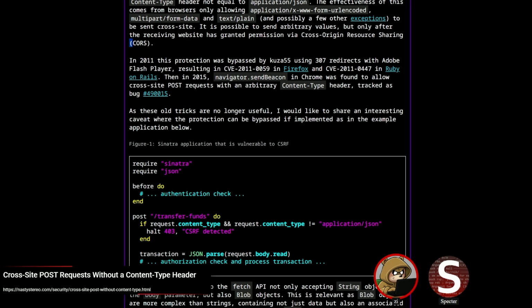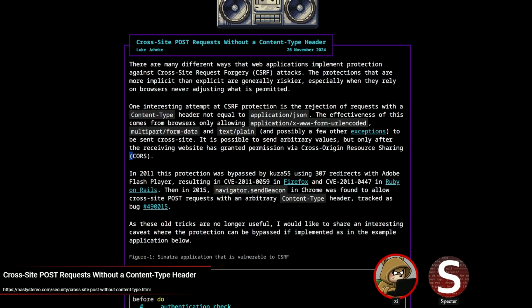But this was one of my favorite things because basically with Flash Player, they are talking about a specific CVE here that is a little bit different from this, but basically Flash Player was able to set headers that you couldn't necessarily edit normally, that weren't part of the safe headers that you can enter. One of the things you were able to do was set content type to application/JSON. So you could do a CSRF attack using Flash, or starting it from Flash, and it would still use the browser's cookies to make the request.